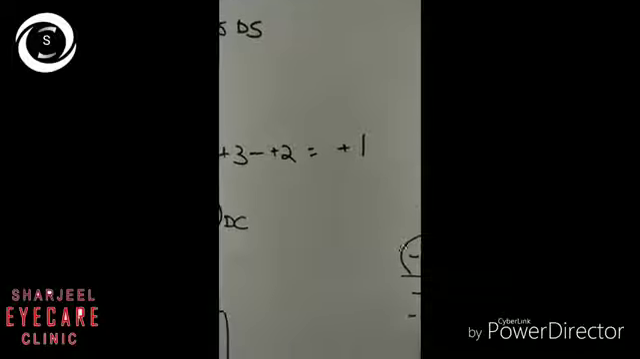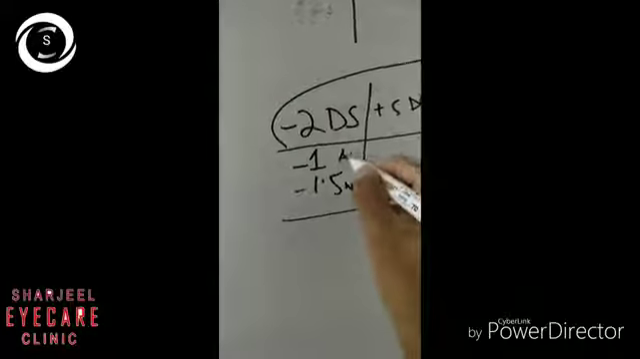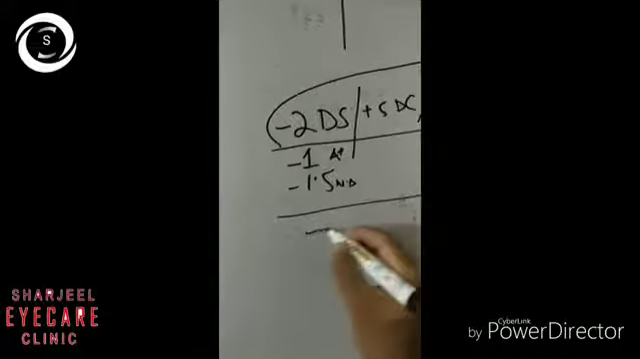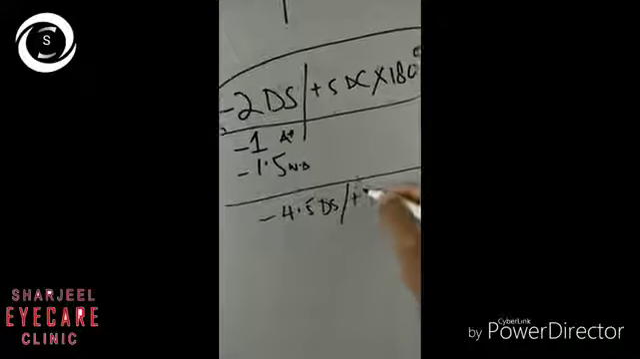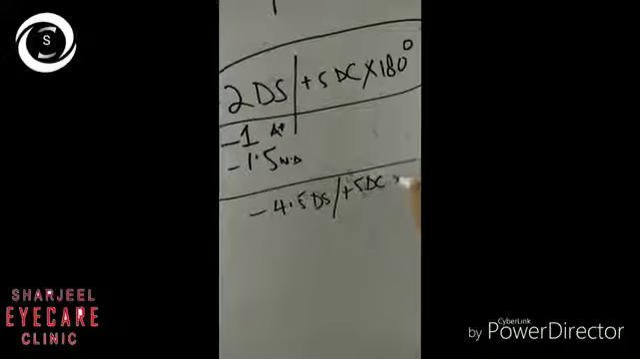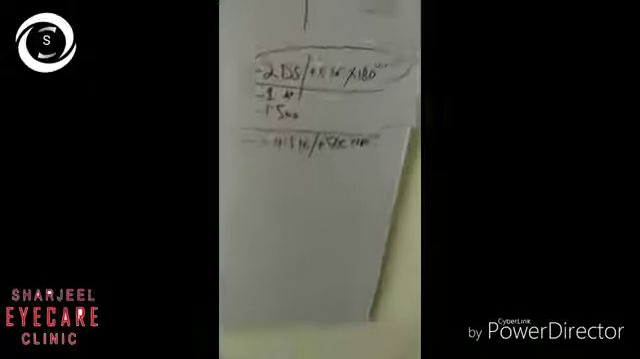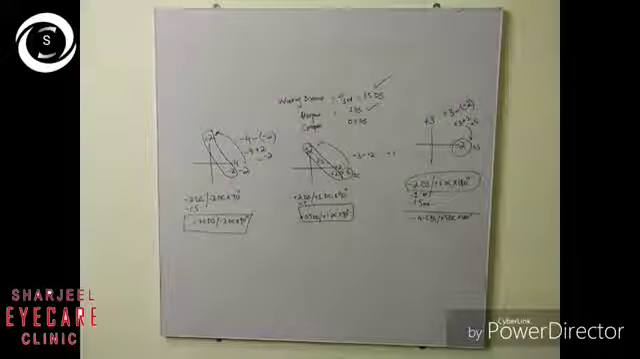And now here, for example, we have used atropine as a cycloplegic agent. So we are adding minus 1 for atropine and minus 1.5 for the working distance. So our final number will be minus 4.5 diopter sphere plus 5 diopter cylinder at 180 degree. So I hope after watching these three examples, you will be able to calculate the retinoscopy